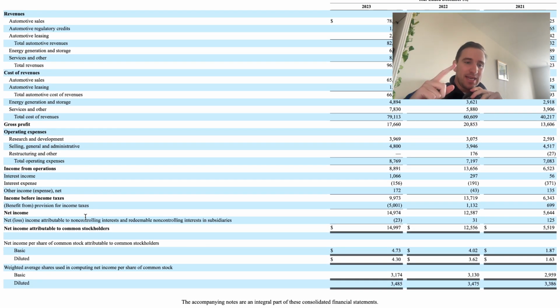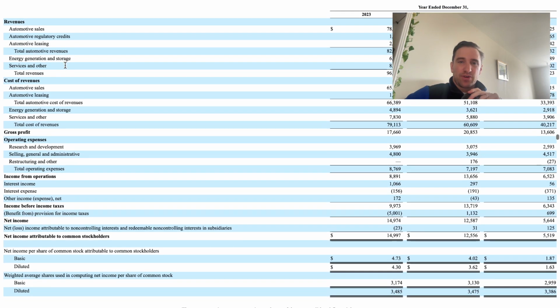Now, you'll oftentimes see, by the way, earnings per share, and this is where earnings per share comes from. So if you've stuck around in this video for the whole time, you're now going to learn how earnings per share is calculated. So recall that net income right here, 14.9 billion, or you can even see net income attributable to common shareholders, 14.9 billion. Well, how do you now know earnings per share? Well, you take this net income and you divide it by the number of shares outstanding, and that means each one share is essentially entitled to that amount of net income. And it comes out to